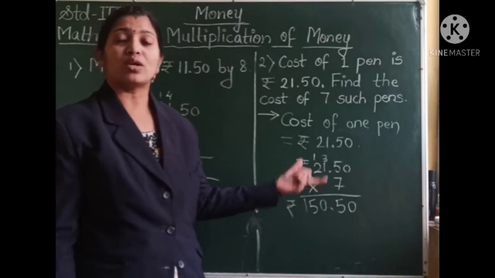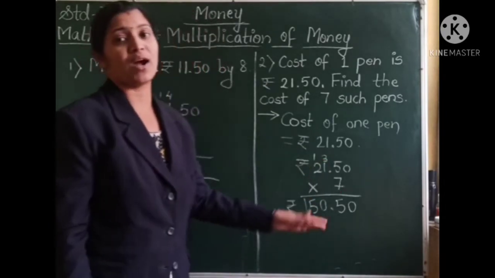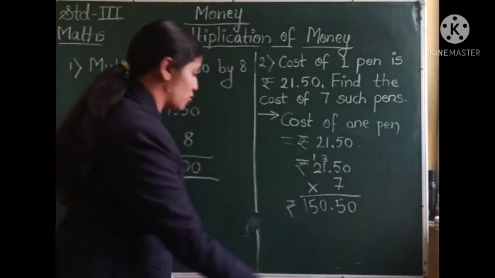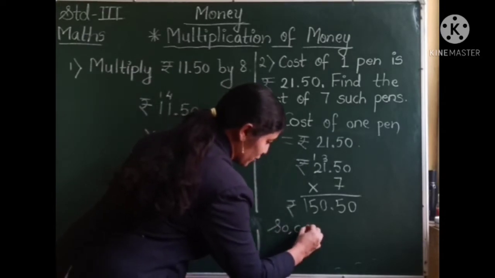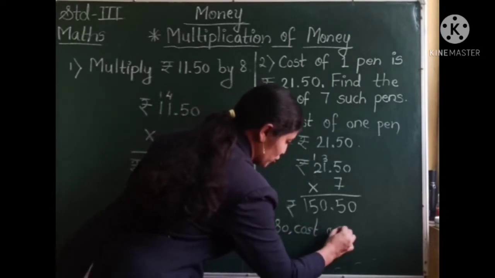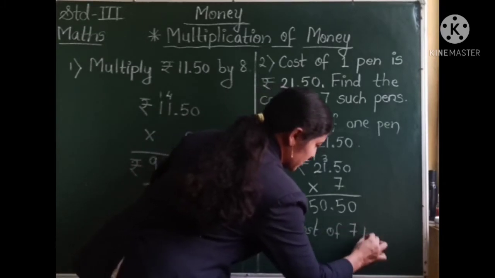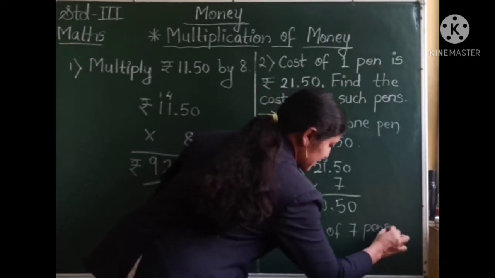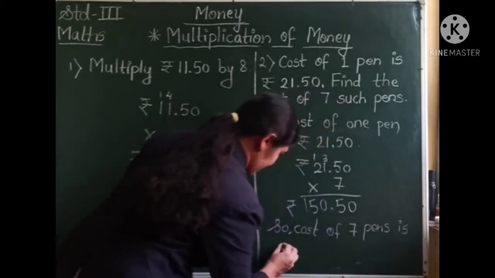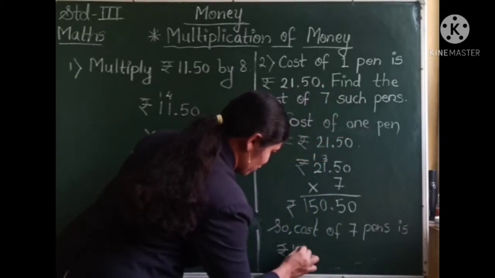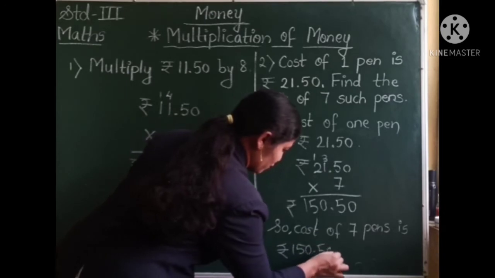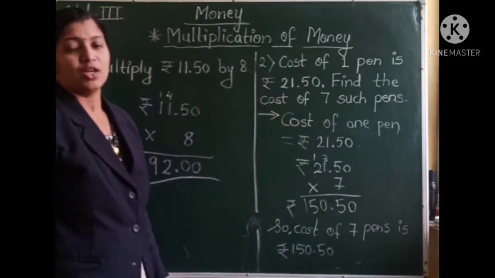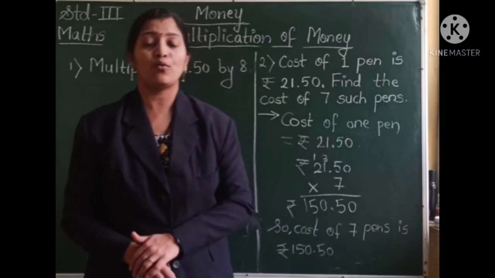shopkeeper. And students, since it is a word problem, the final answer should be written in words. So we will write: cost of 7 pens is rupees 150 and 50 paise. So students, this is the way how we can do